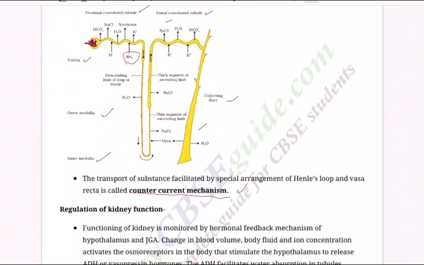The NaCl is transported by the ascending loop of Henle, which is exchanged with the descending limb of vasa recta. NaCl is returned to the medullary interstitial fluid by the ascending portion of vasa recta. Similarly, small amounts of urea enter the thin segment of the ascending limb of the loop of Henle, which is transported back to the medullary interstitial fluid by the collecting duct. So this is how